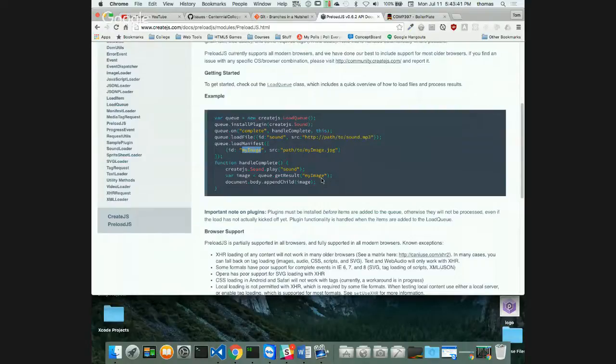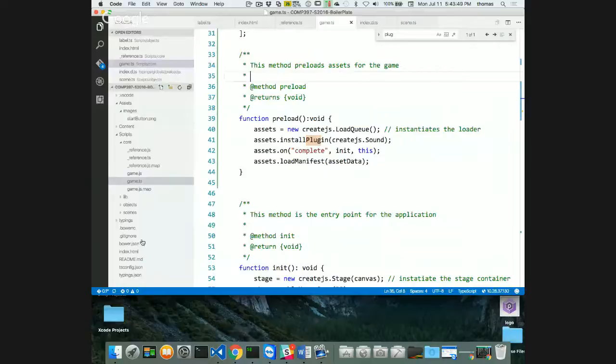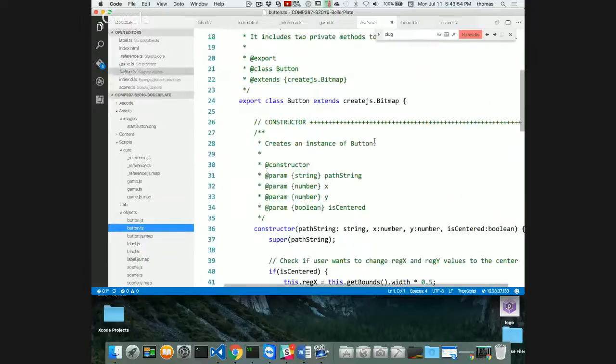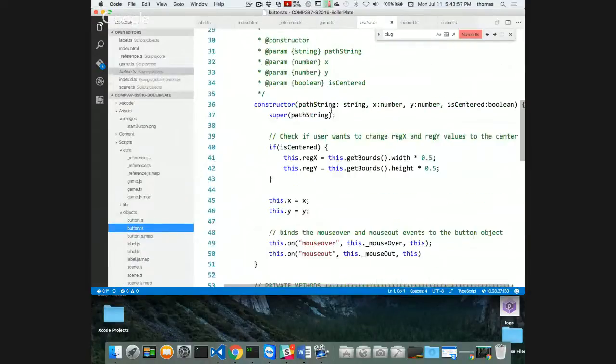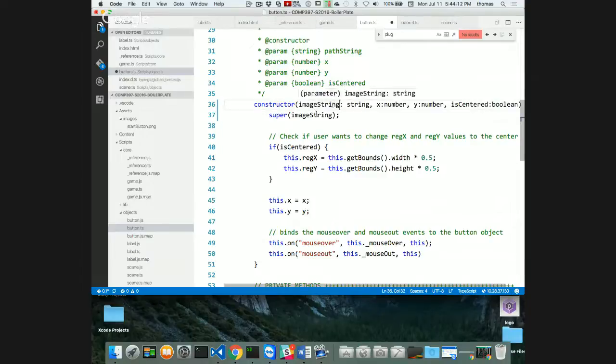So let's go back. We have to change up my button for a second because it's named wrong. So I go to my button, and if you notice, my button does a couple things. It takes in the constructor something called path string. Well, that's not really a path string anymore. It's the image string, right? So I need to rename this thing. I'm going to go to rename symbol and call this image string. Notice that now it passes the image string to here, but that's not really what happens in my superclass, which is passing in a bitmap, right? What I'm really doing is passing in my